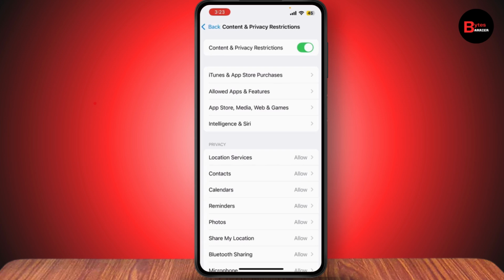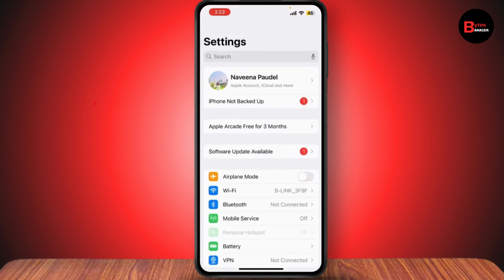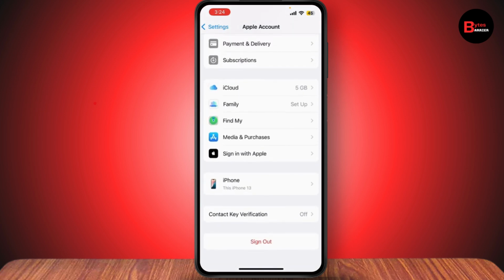After turning your content and privacy restrictions off, you can go back to your settings, just refresh, and after refreshing, you can go with your account, scroll all the way down, and you may have the sign out option. But even if you have the sign out option, if it doesn't tap or doesn't click up, then you can